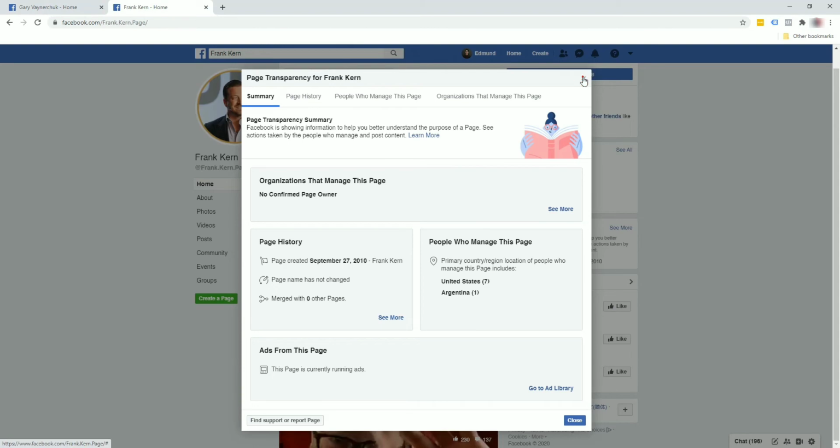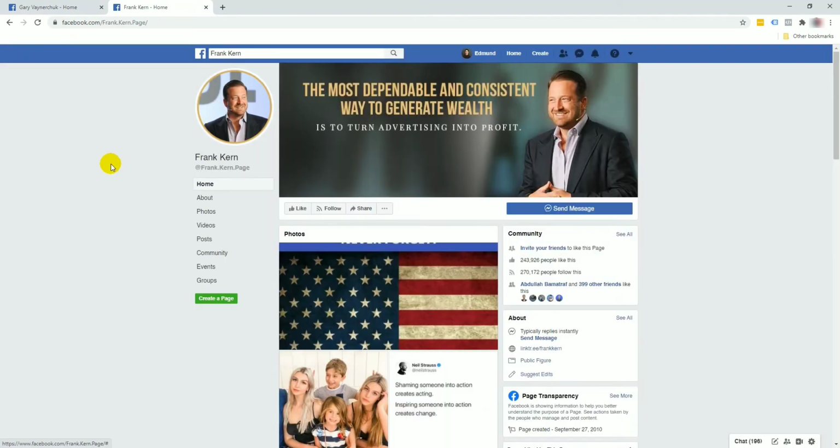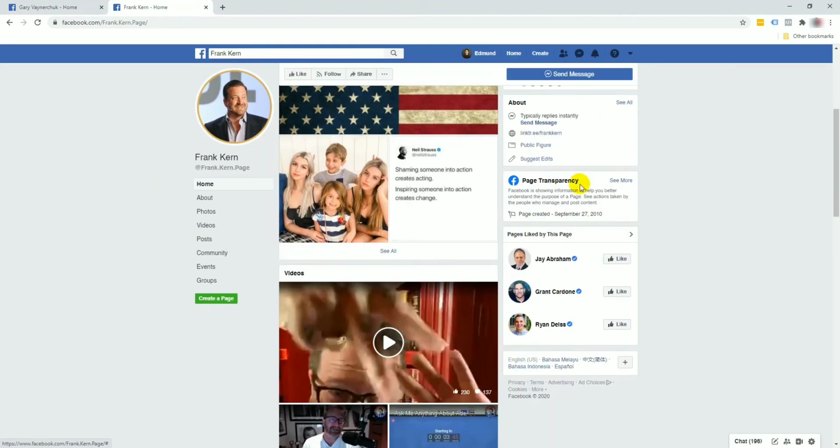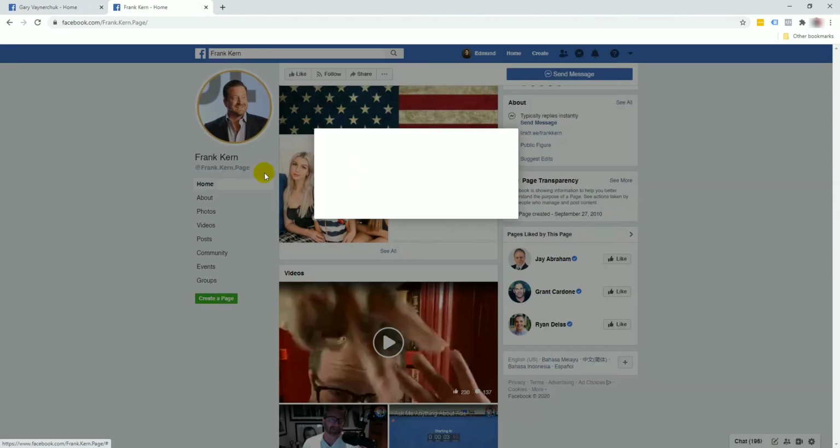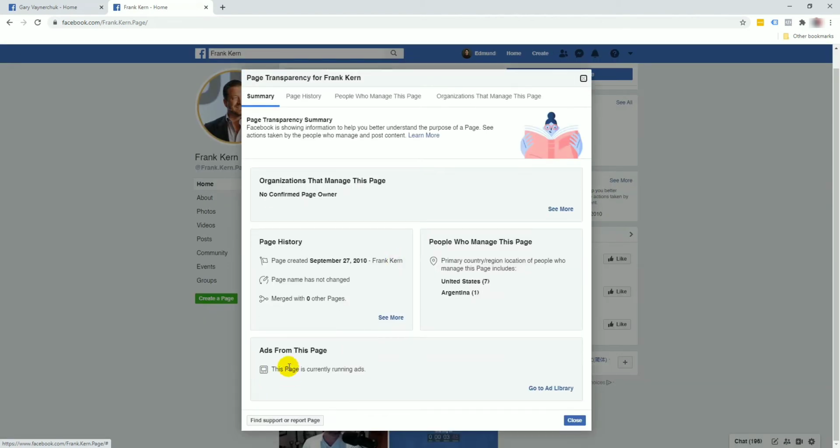This is by renowned internet entrepreneur Frank Kern, and let's take a look at page transparency again. And you can see that this page is currently running ads. So if you want to take a look at what kind of advertisements this page is running at the present time, we'll click on go to ad library,